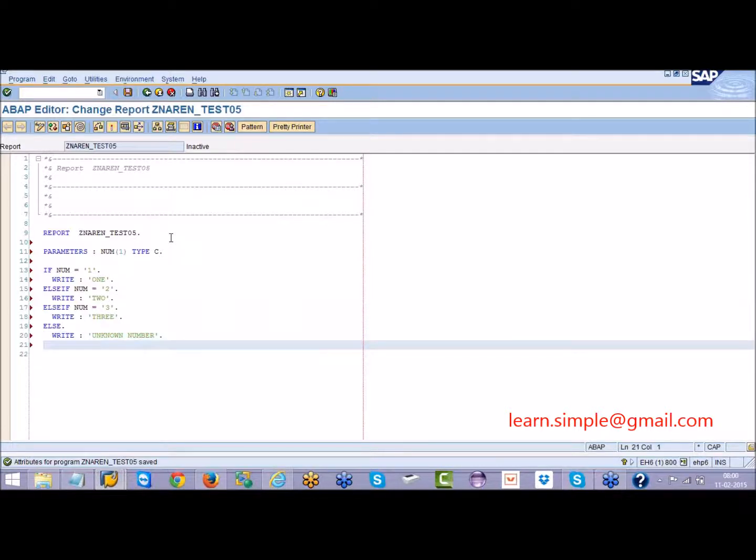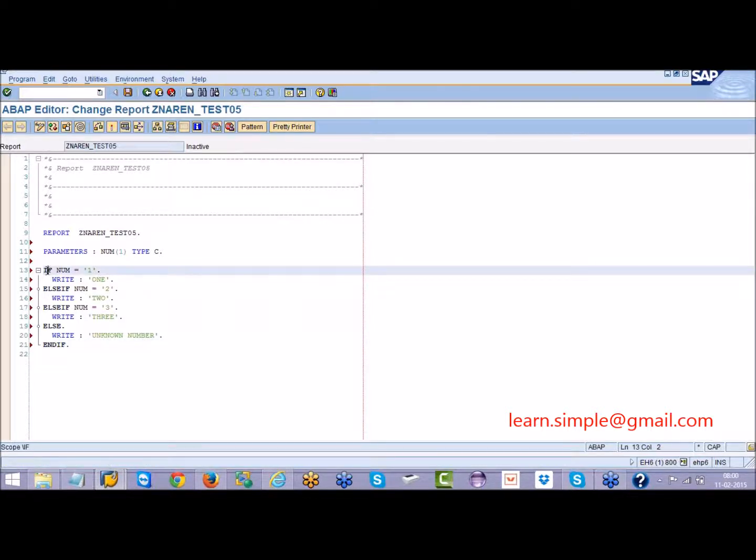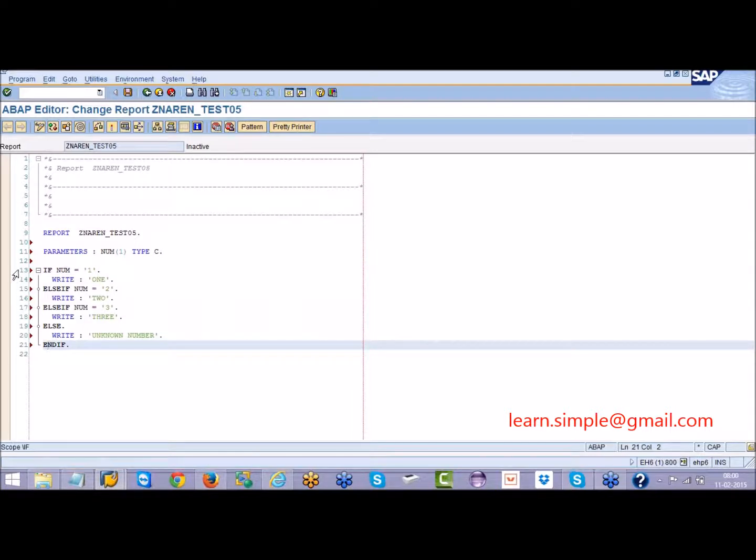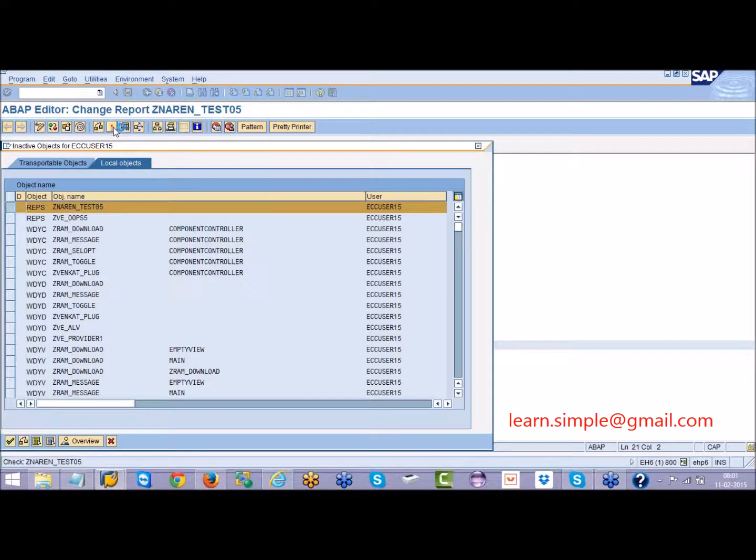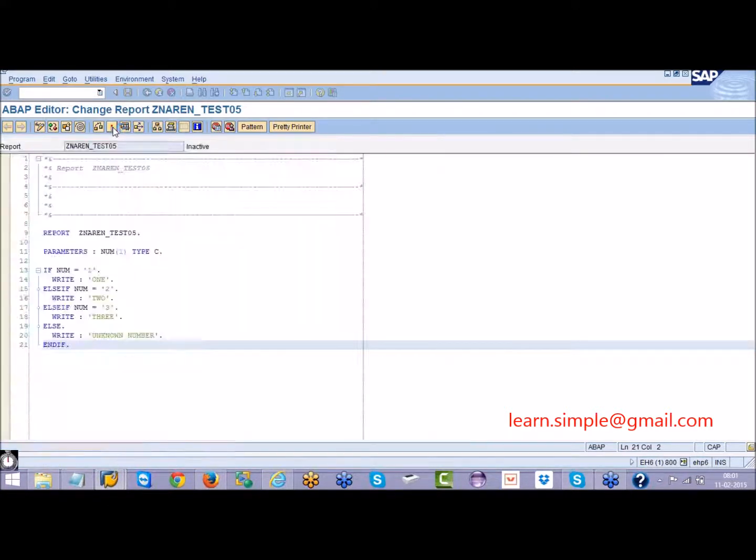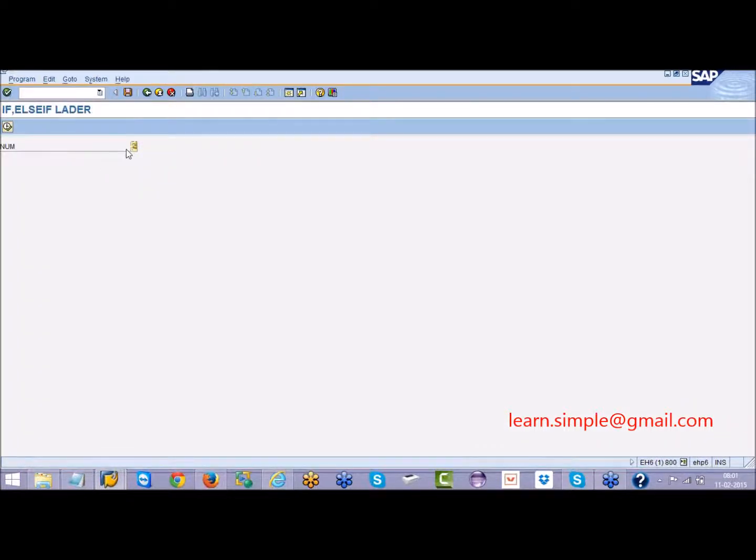If should always have an end if. If you are starting an if condition, it should have an end if. So for example, in this program, when you provide some input value, say I give number 2. What will happen?